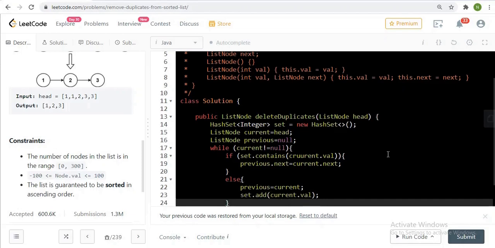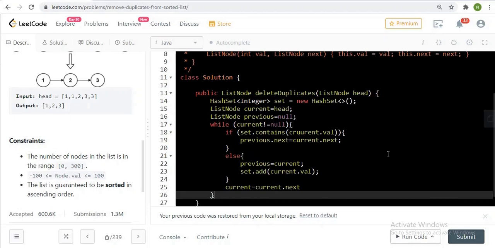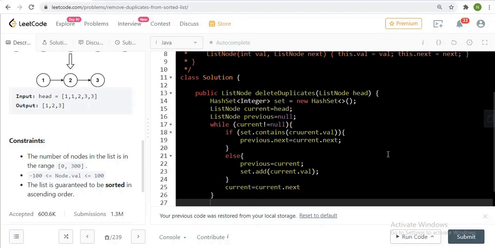That's it. Now iterate the current for the next node. So current is equals to current dot next. See how simple it is. Now return head.